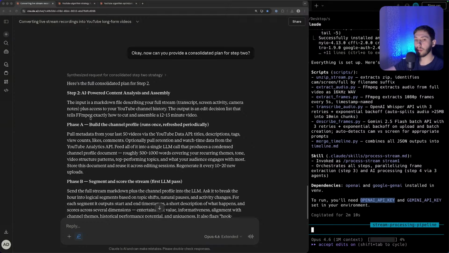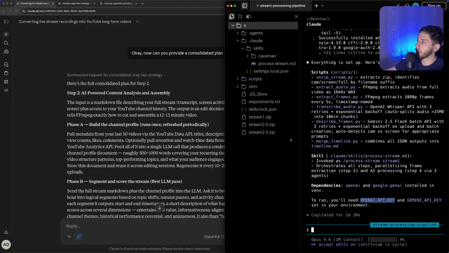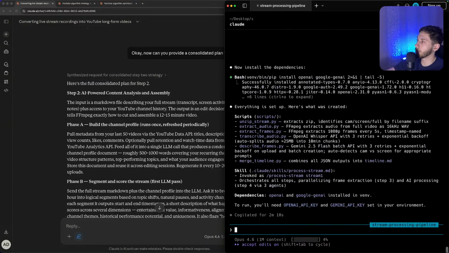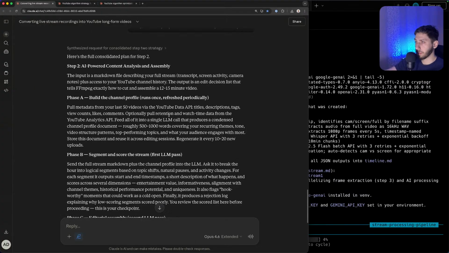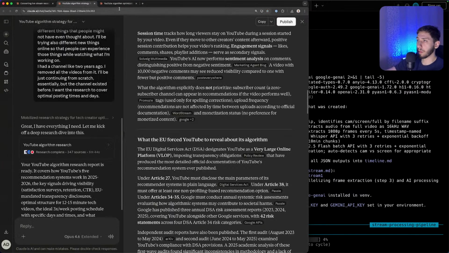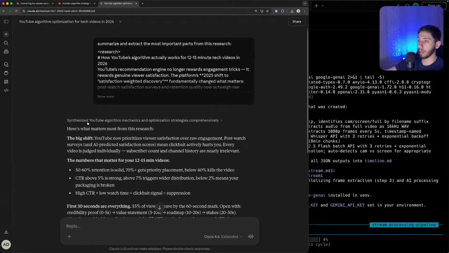Okay, I guess I'll skip that for now, but I'll finish that later. Essentially, I need to provide the OpenAI API key, and then I'll test the pipeline to make sure it works. Okay, so yeah, so